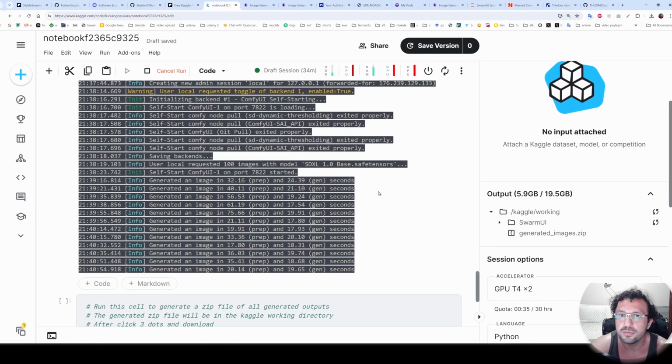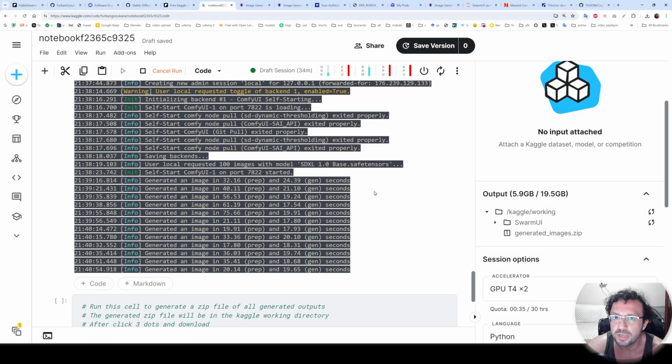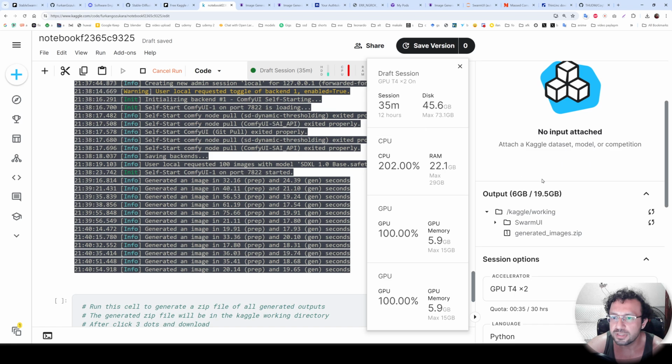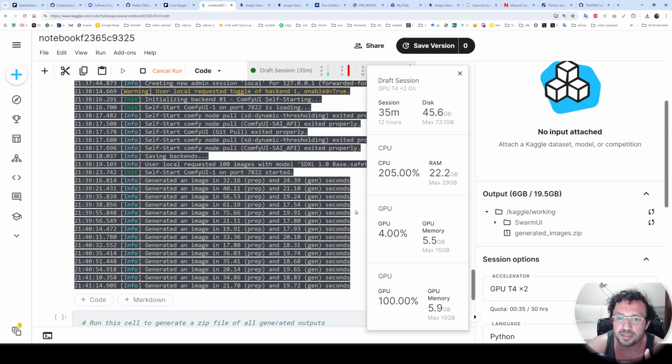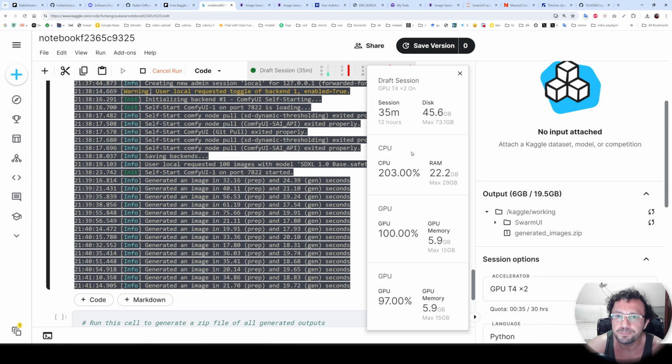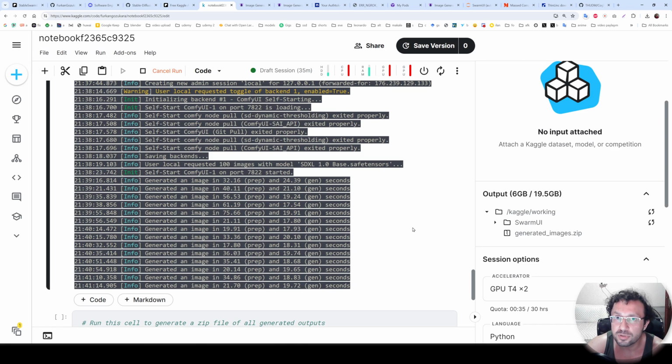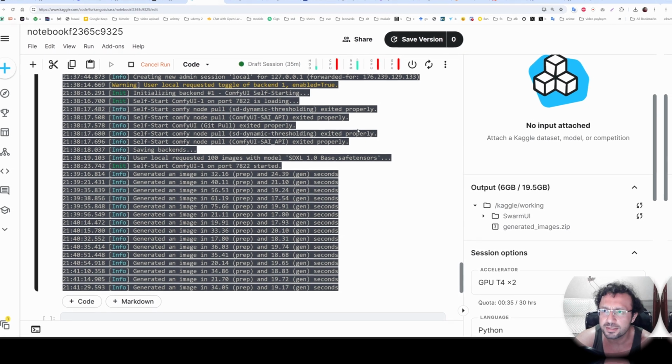And finally, I will show you how to install and use Swarm UI on a free Kaggle account. You see, on my free Kaggle account, I am able to use both of the Kaggle-provided T4 GPUs at the same time to generate amazing images with Swarm UI. You can also use Stable Diffusion 3 with the very best text encoders, the T5 text encoder, on a free Kaggle account as well. I will show you everything step by step.